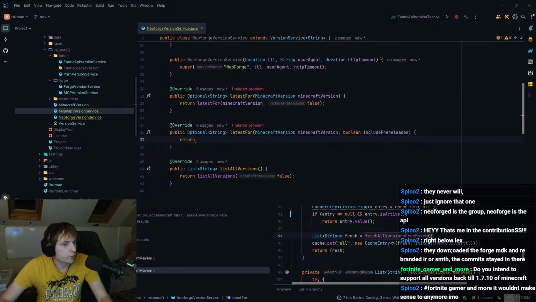Anyone who uses NeoForge here, do you know if they have latest or recommended? Please let me know if you happen to know, because I do not. Let's see if I can find. Do they have a version listing or anything? Nope. They have betas and non-betas. I can see that they have betas and non-betas. But I just don't know.